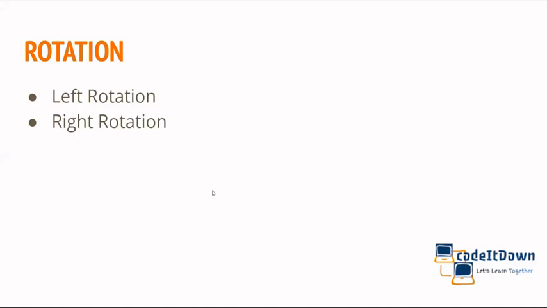Previous session. In the last session, we covered insertion and deletion in an array. Insertion at different positions: insertion at front, insertion at any given index, insertion at the end of an array. After that, we covered deletion at the front, deletion at the end, and deletion in between any point in the array. So till now, we have covered mainly two topics: insertion and deletion in an array.